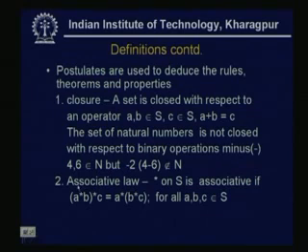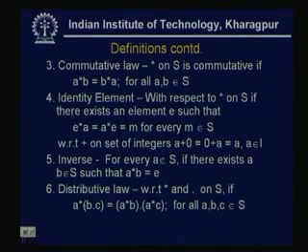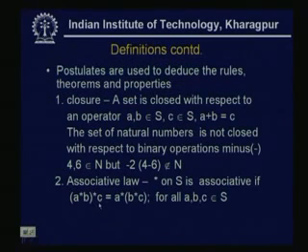See, then the next rule is the associative law. We take one operator star on S, and it will be called associative if A star B star C, that means the operator is operated first on the two elements A and B, and then again the operator is operated on the result of A and B, and C, is called